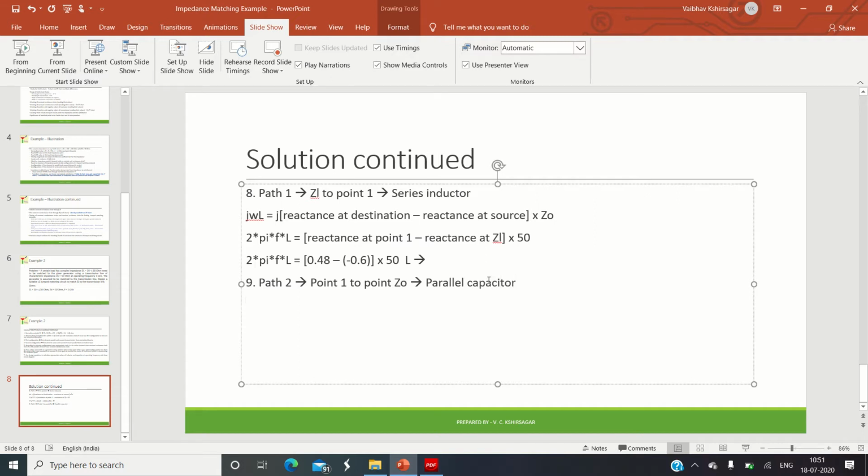Okay. So what is the formula of parallel capacitor? Come to the book. Open that book. Where is that book? In that book, you just find out what is the value of parallel capacitor.